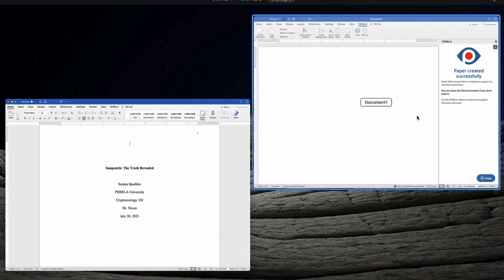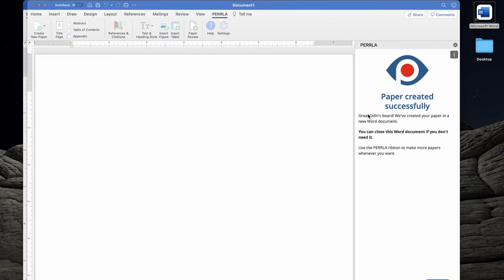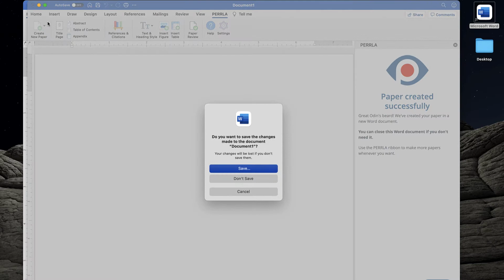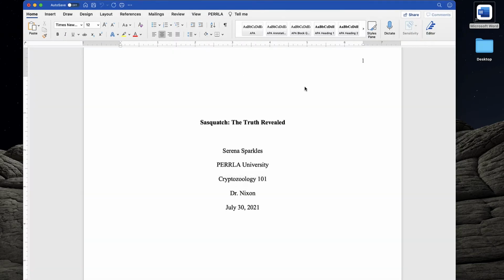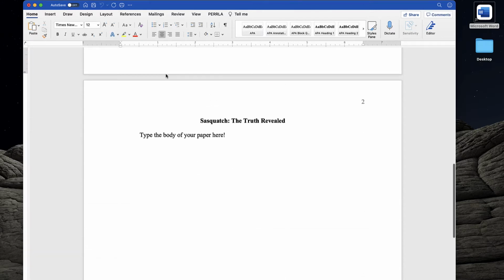The reason it does this is because we're stripping out all of the superfluous or erroneous styles that Microsoft Word includes by default. So I'm going to go ahead and close this second original document. We don't need it. We only need our new PERRL document right here. Perfect. All right, so let's scroll down to the first title page